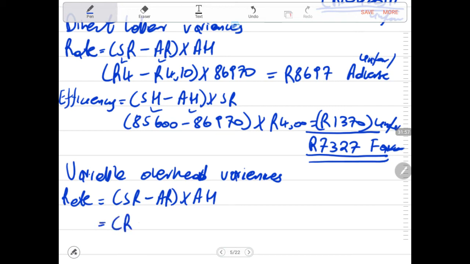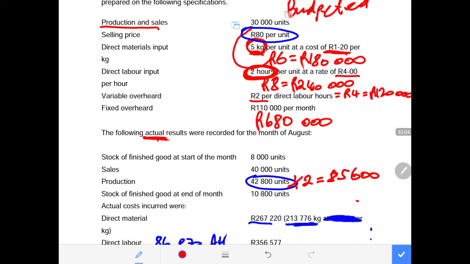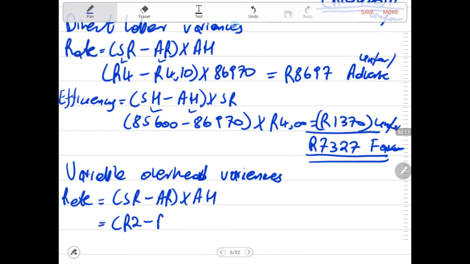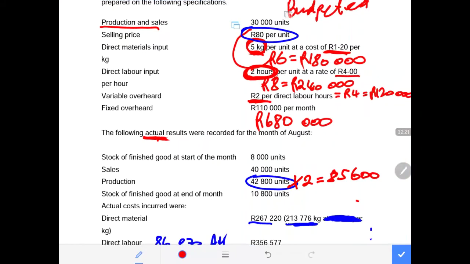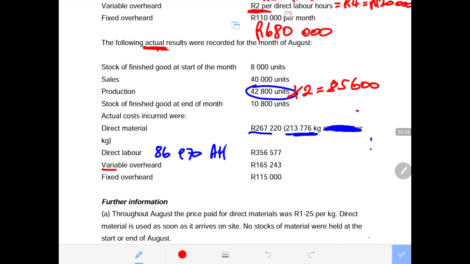So now we say our overheads were 2 rand, if I'm not mistaken. We anticipated 2 rand to be incurred per hour. Yes, 2 rand per direct labor hour, minus, we need to look at the actual rate now of the variable overheads. We were not given our actual, but we were given the total when it comes to the variable overheads. We have variable overhead